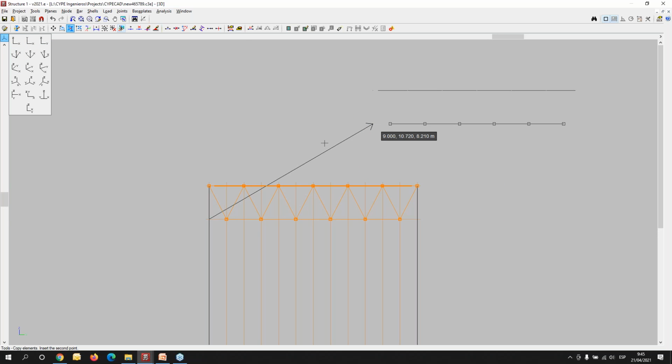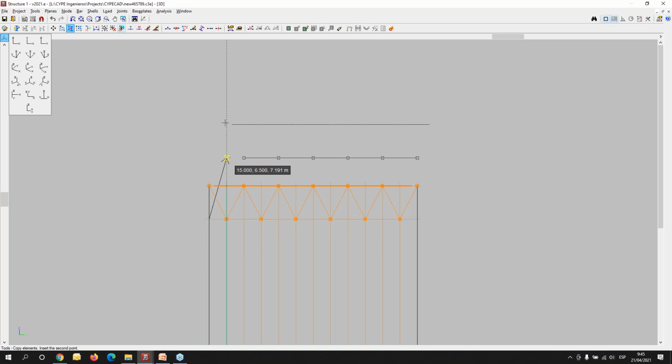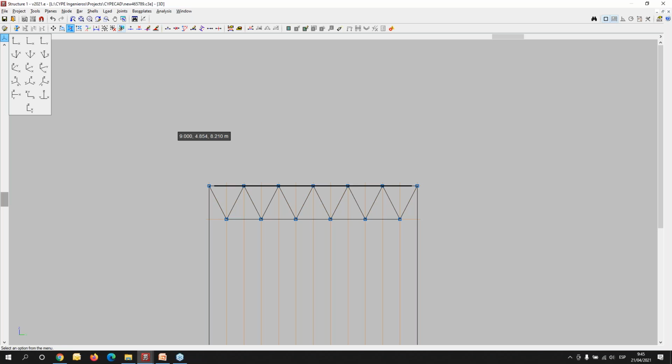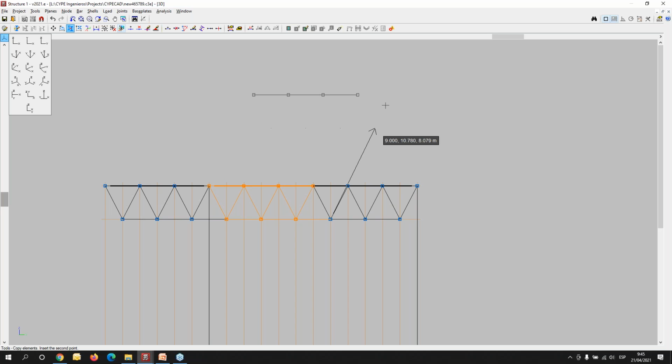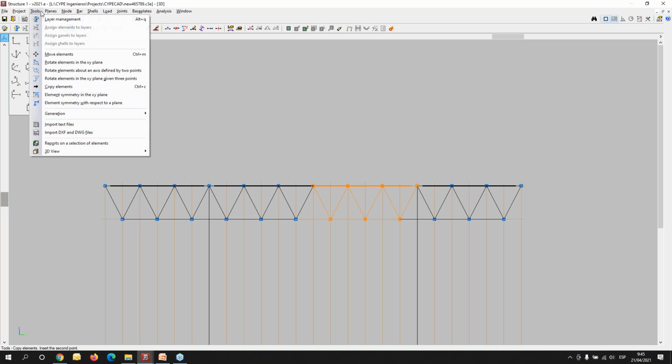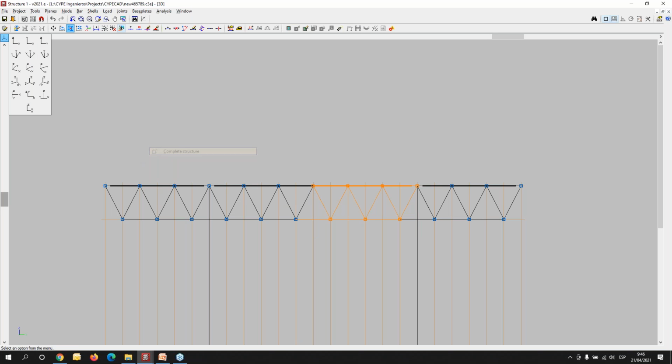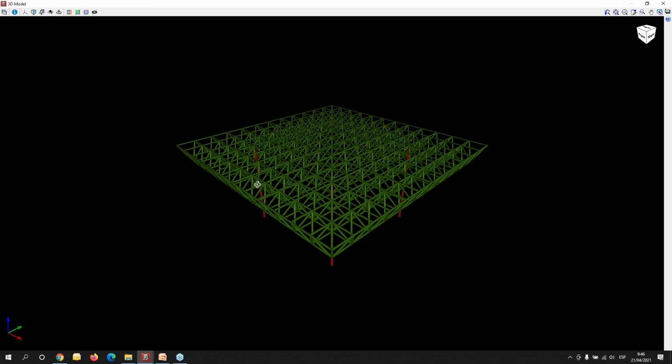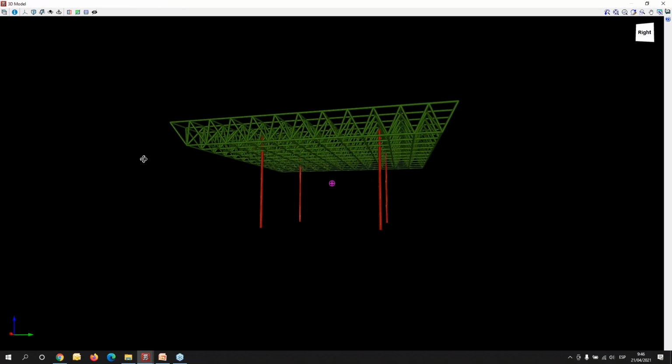Same, Control C. I can select the necessary bars, Control C, repeat the action, and now I will go to 3D view to see the state of our structure now. Okay,